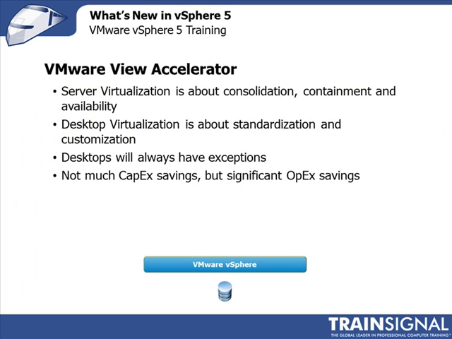VMware View Accelerator. Yeah, my favorite feature. So again, I went into this in detail. The thing to note here is while View Accelerator is a hypervisor feature, it'll only work if VMware View supports it. So you want to make sure that the VMware View version that you're using can support the accelerator, because controlling the amount of cache that each ESXi host is going to keep for its particular master image is controlled from